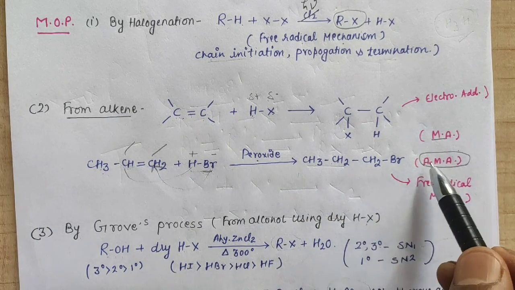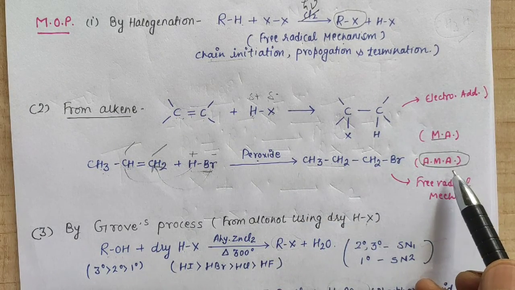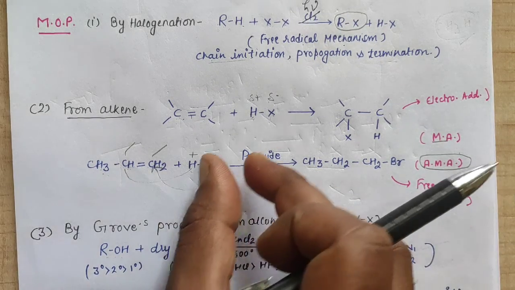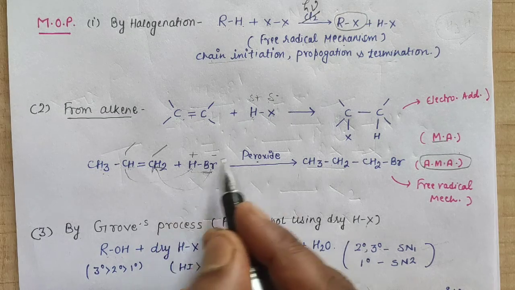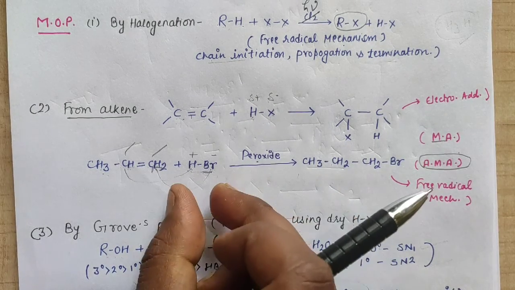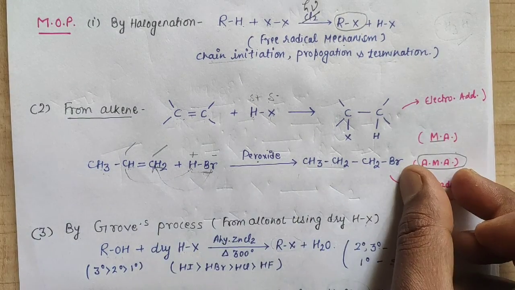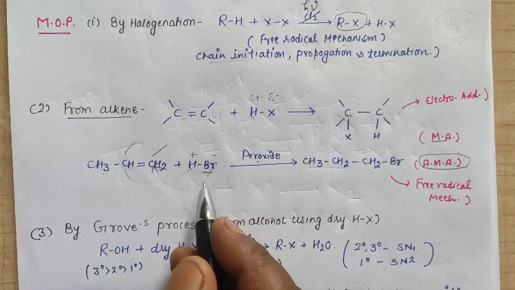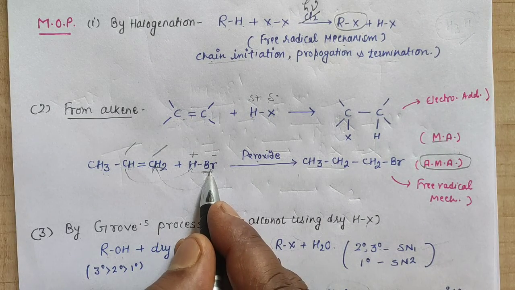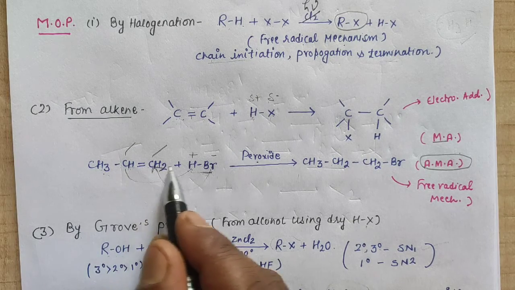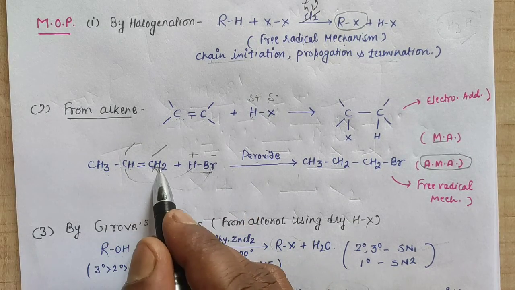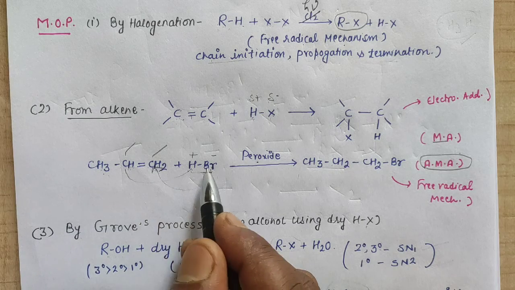So this reaction comes under anti-Markovnikov addition, meaning in HBr (HX), this is the negative part and this is the positive part. In the presence of peroxide, addition of HBr is known as anti-Markovnikov addition, in which the negative part of that reagent will go to the double-bonded carbon. This is the doubly bonded carbon. So the negative part will attach to the doubly bonded carbon which has the greater number of hydrogens.